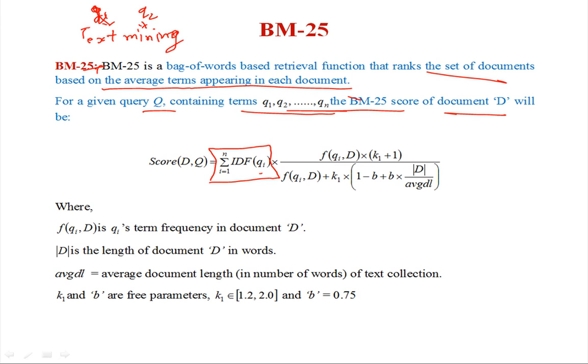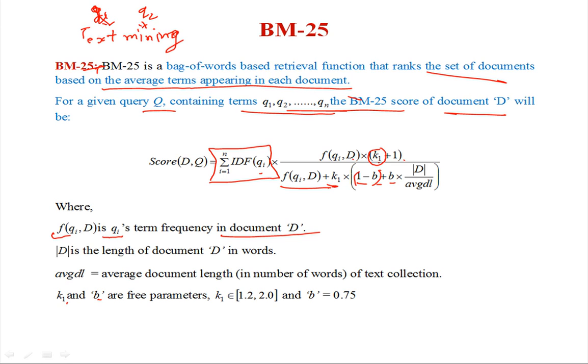Instead of using term frequency directly, we use this f(qi, D), the qi-th term frequency in document D, into k1 plus 1. K1 is a constant. K1 and b are free parameters or constants. This is divided by f(qi, D), the qi-th term frequency in document D, plus k1 into 1 minus b plus b